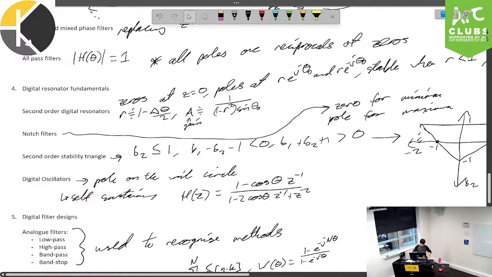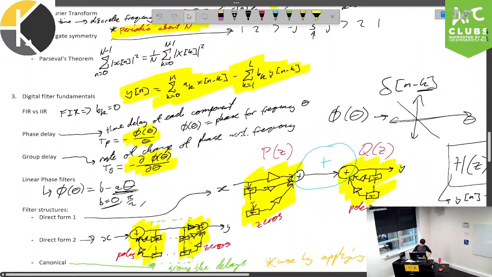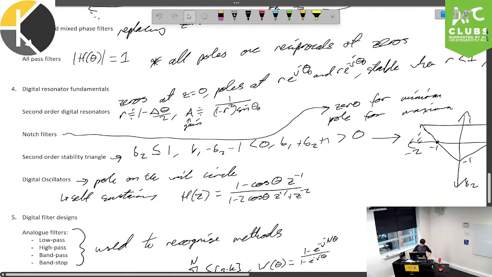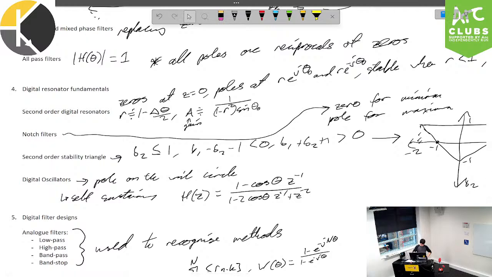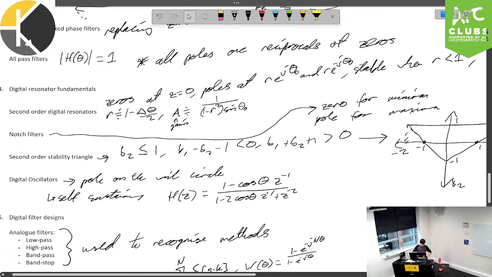And I guess that concludes section 3 in terms of digital filter fundamentals, and we'll be moving into digital resonator fundamentals. Typically, we're dealing with second-order digital resonators, and that begins moving into notch filters, the stability triangle, and digital oscillators. Okay, it's not a very large section, but it has its fair bit of content. So, just moving straight into it, we have